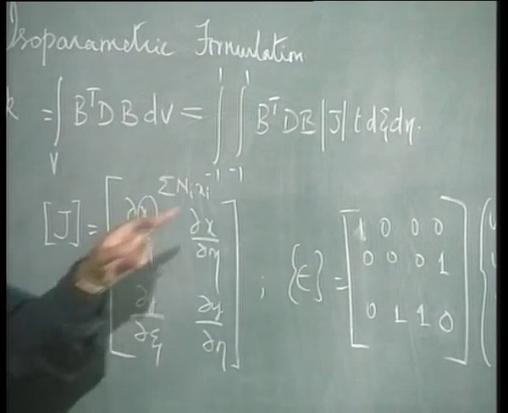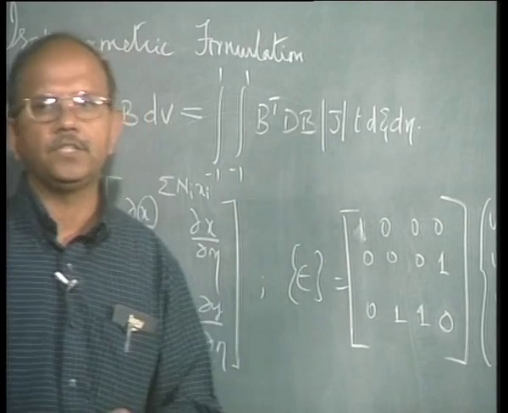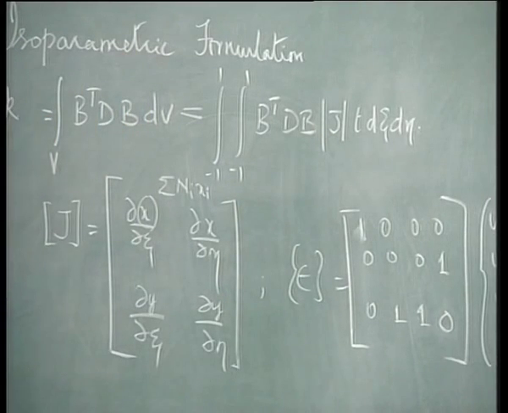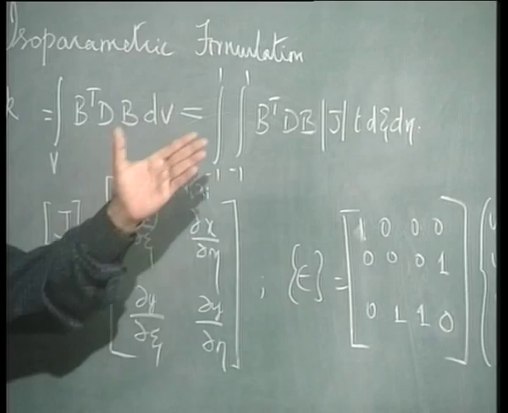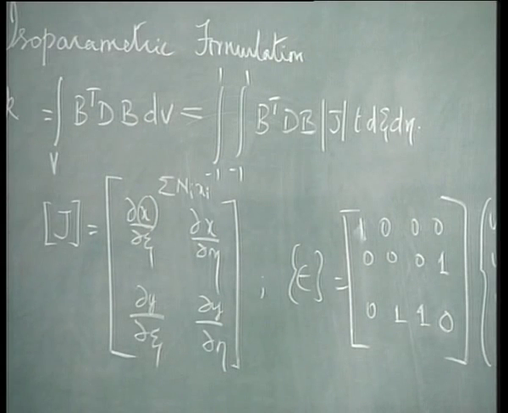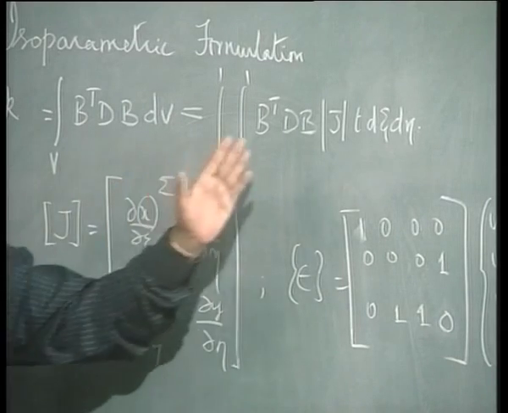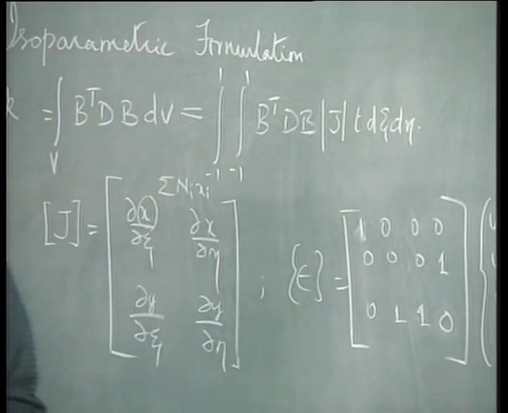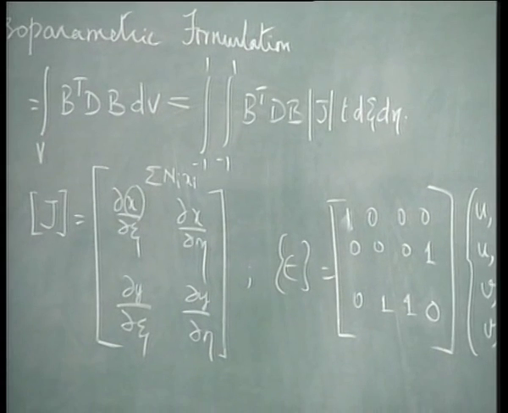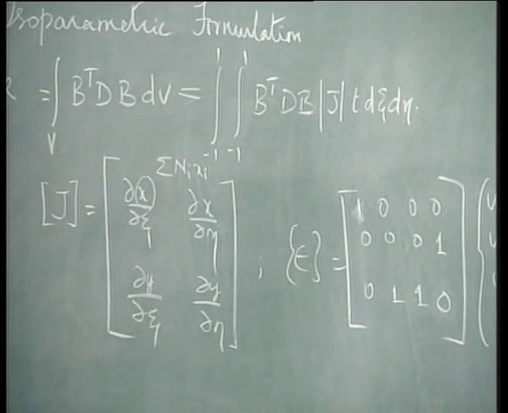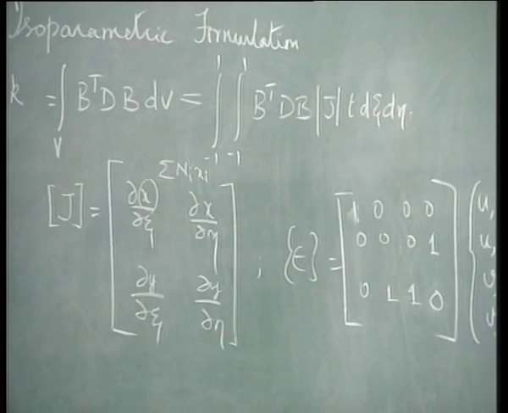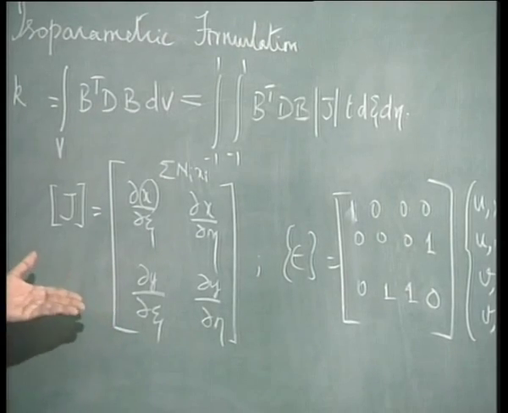Please note that this J we are talking about is a Jacobian, about which we will see in a minute, and that this symbol indicates that it is a determinant of Jacobian. There shouldn't be any confusion, it is not a matrix and it is just a symbol for the determinant of the Jacobian. We wrote down Jacobian as dou x by dou psi and so on, and then we went ahead